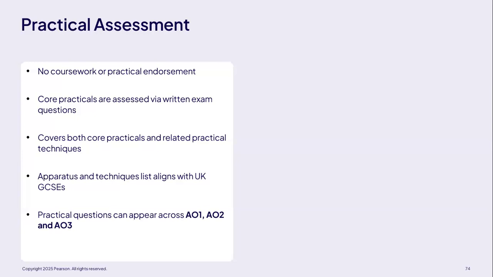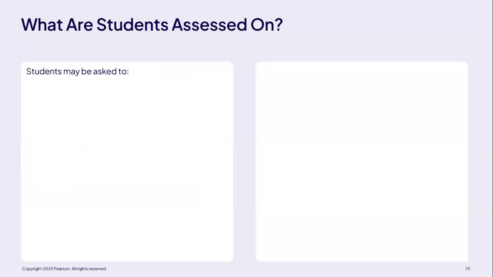If it is a straight recall, it will be AO1. If it's application of practical skills to a new situation, it will be AO3. And when you're doing practicals, it should be used to teach good scientific method. There is also a list of extra practicals. Students won't be specifically asked about the extra practicals, but as much practical work as possible